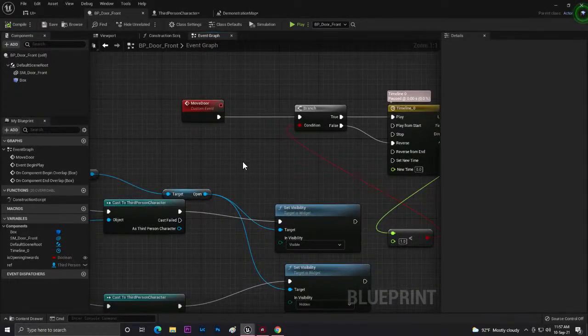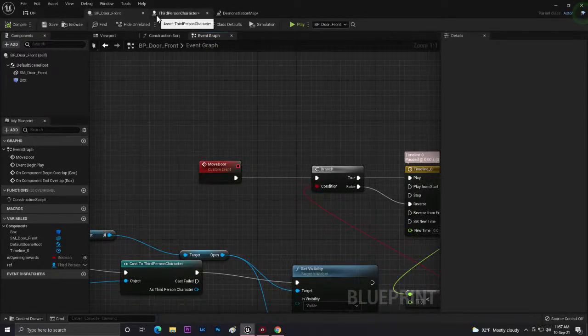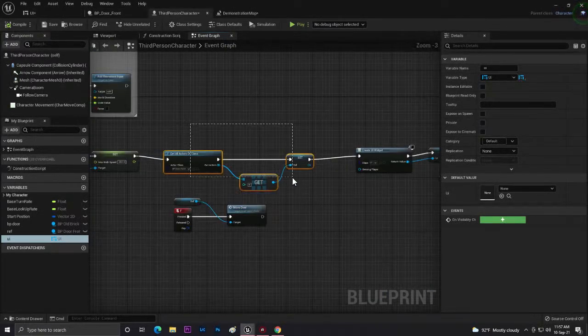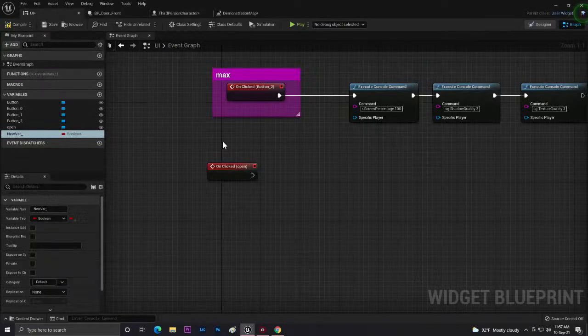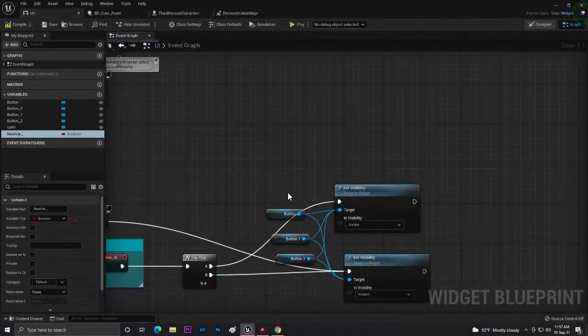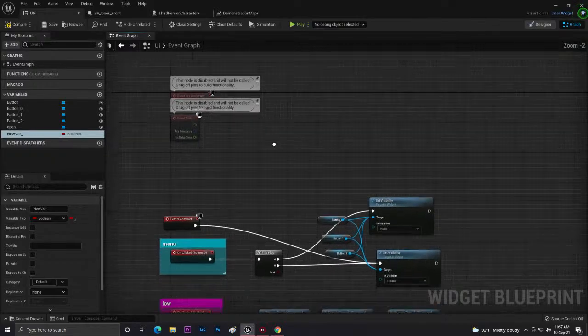It means that when I press this thing, it should do this thing. So for that, I need to basically get my door reference. So just get copy and come in UI, and on my event construct,